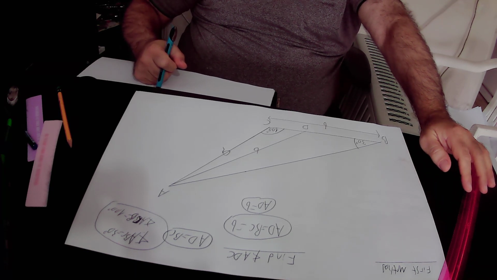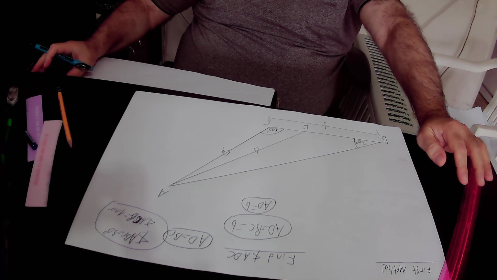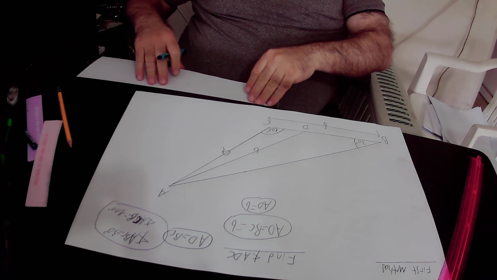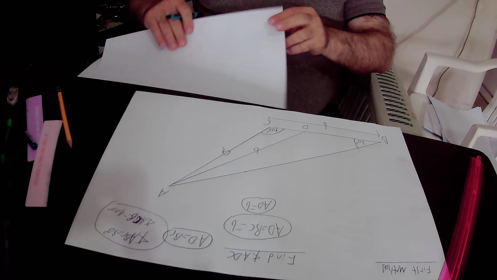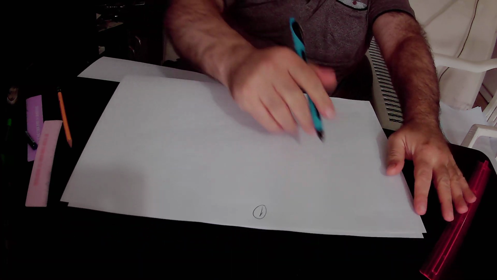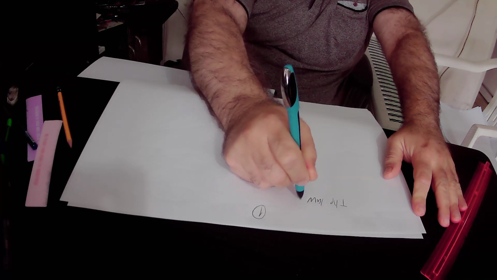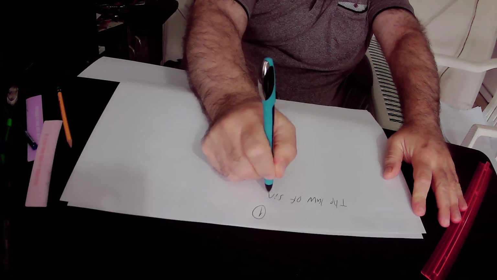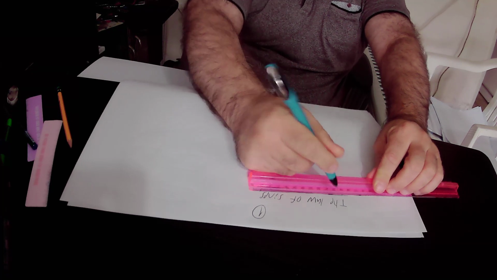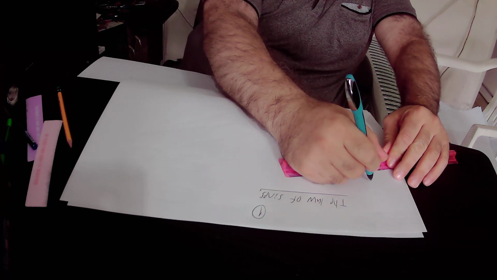So first of all, I will present to you a new law, and we will implement the new law in our drawing. So actually the law is the law of sines. According to the law of sines, first of all, the law of sines is true in any triangle. So we can write down that in any triangle,